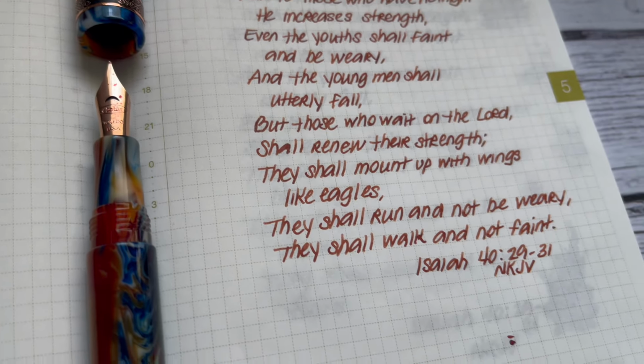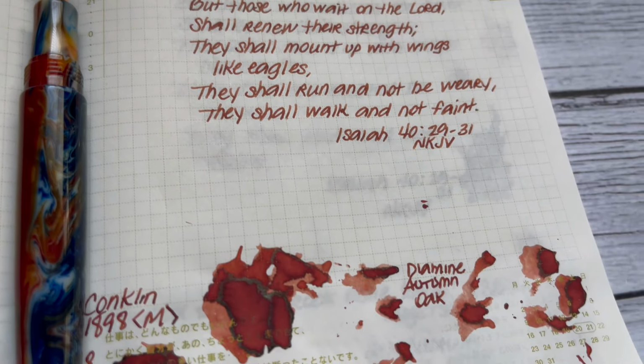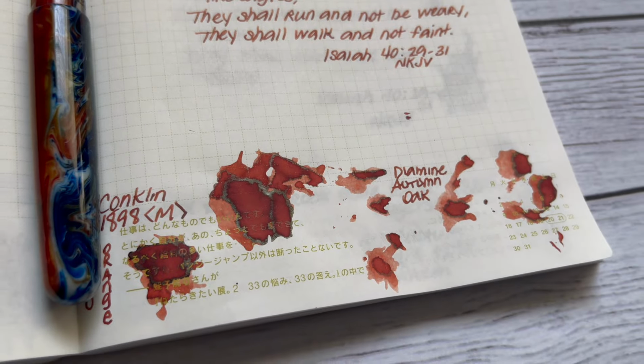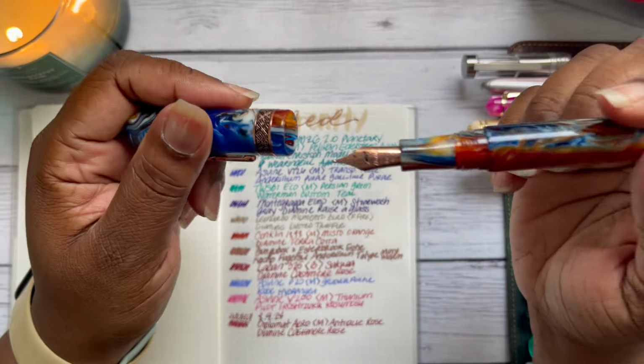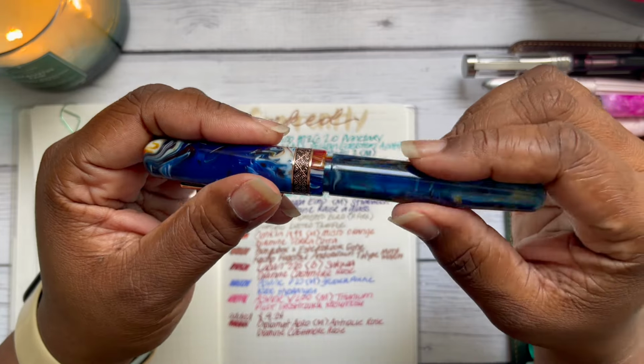Oh yeah, I've used quite a bit. I've got about half a converter. But this has been really, really good. I like this pen, and I like it even more because I got it at Atlas's last chance sale, so